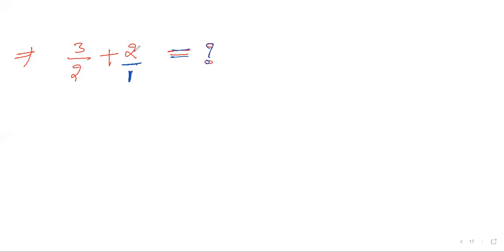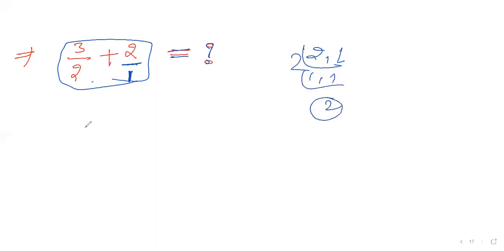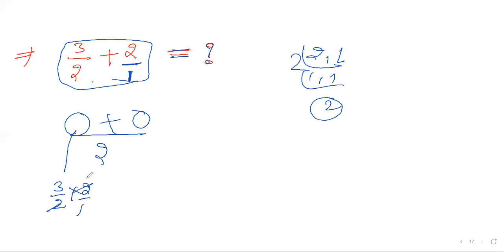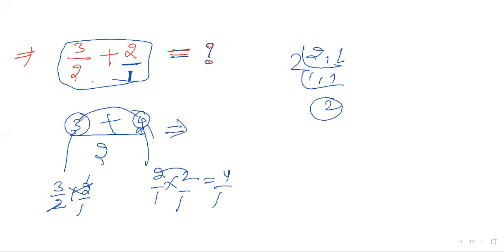Now 3 by 2 plus 2 by 1, you need to add two numbers. So how do you do it? For 2 and 1 you can take the LCM. So LCM is 2, 2 only. Take two boxes. Take the first one, 3 by 2, you multiply by the LCM. 2 and 2 cancel. 3 ones are 3. Take the second one, 2 by 1, you multiply with 2. Now you're not supposed to cancel. 2 twos are 4, 1 one is 1. So the answer is 4. Am I clear? So 3 plus 4 is 7. The answer is 7 by 2. This is the way you can do that.